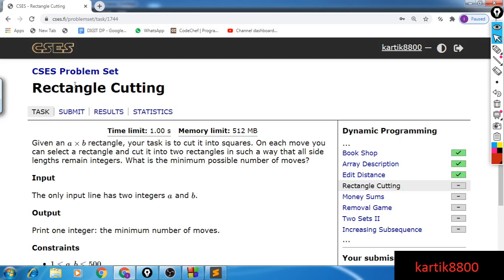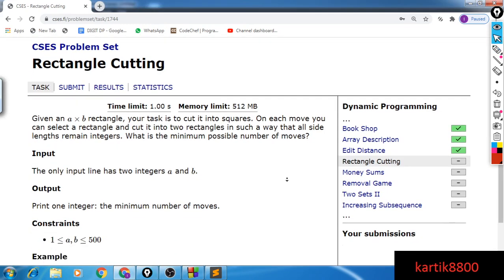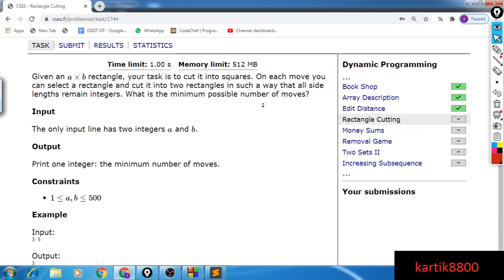In this video, I'll be discussing the next problem. This is rectangle cutting. This is really an interesting problem. You can try reading the problem on your own and try to solve it, and then I will explain it in my words. So the problem says that you're given a rectangle of the size A cross B, so length and breadth, and you want to make cuts in the rectangle so that finally all you're left with is a bunch of squares.